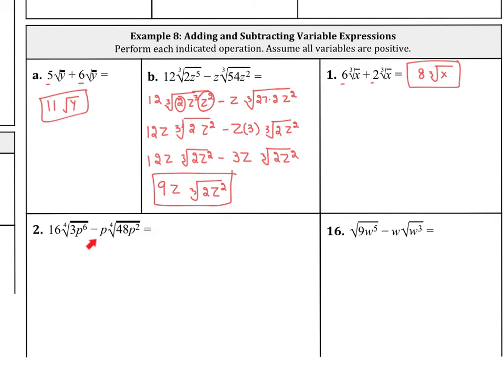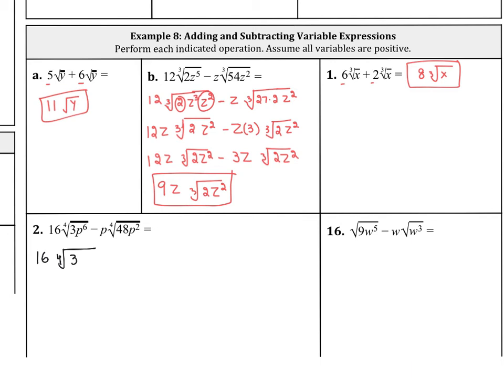Whereas in number 2, we have to make some changes in order to make them like terms outside, as well as a fourth root of the same number inside. If we can, then we will make it. If not, then we cannot add or subtract. So for number 2, we are going to write down 16,